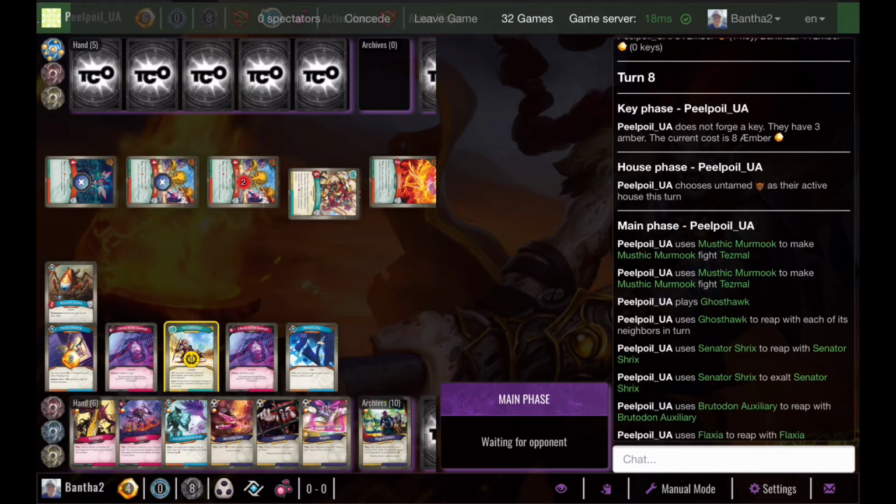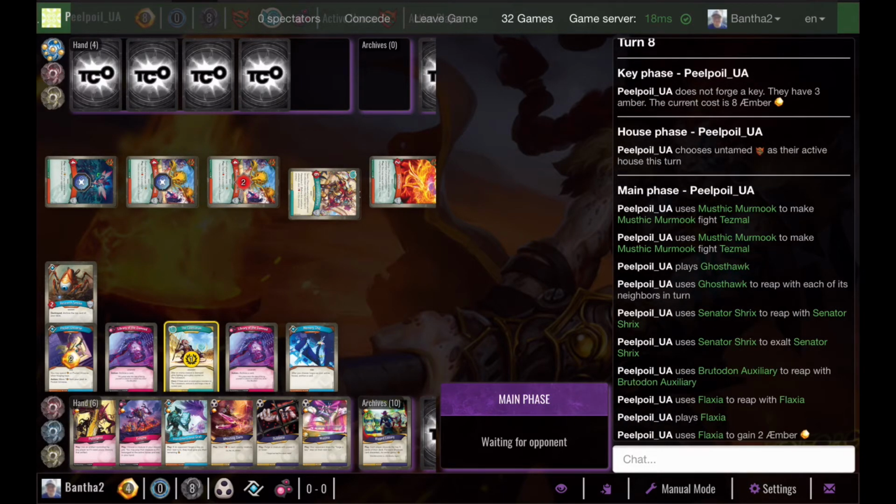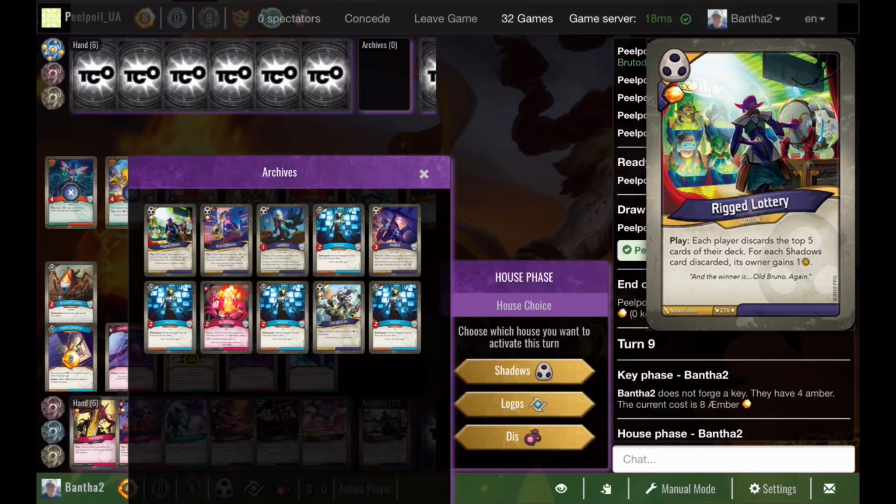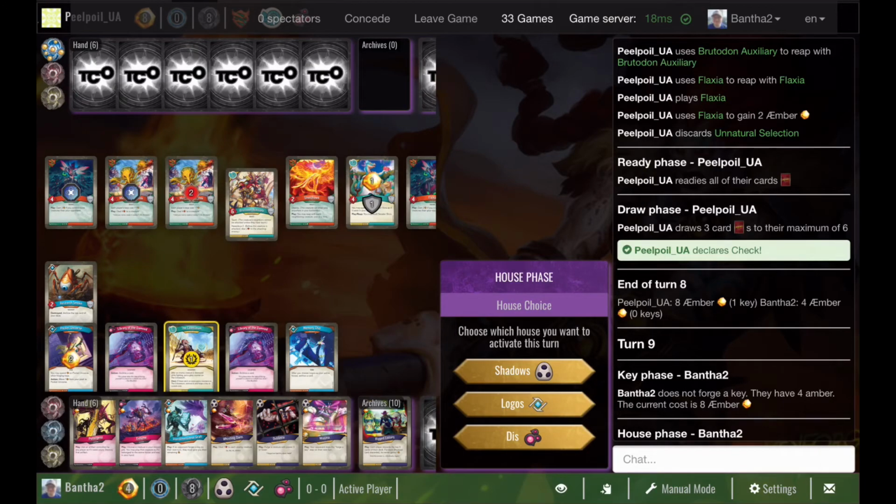Now he's up to 5. Now he's up to 6 with 1 on the Senator Shrix as well. Now he's up to 8, which obviously is enough to forge, which is a worry normally when you haven't got the Interdimensional Graft, but again, we've got something to stop that there. So yeah, equally as well, I'm looking at it thinking, as long as I don't draw my archive, if